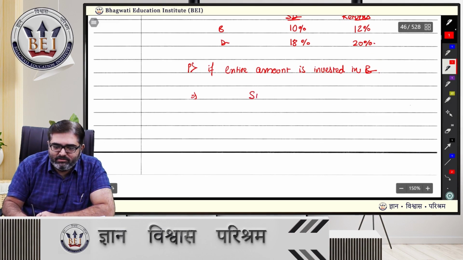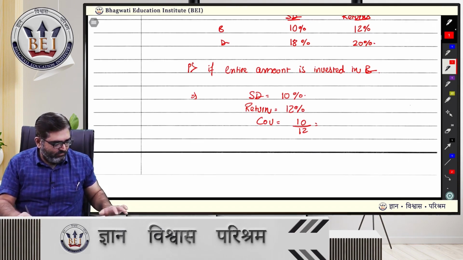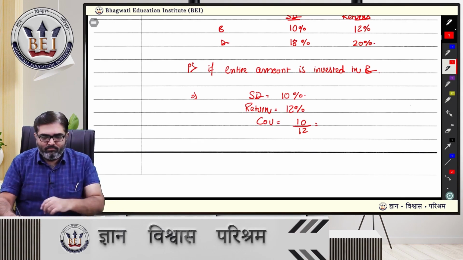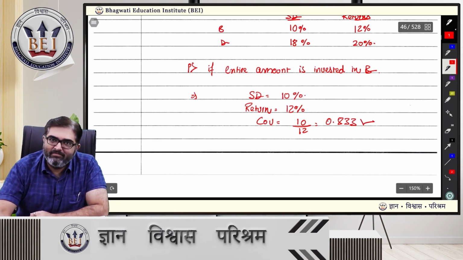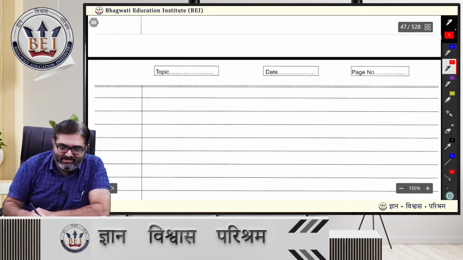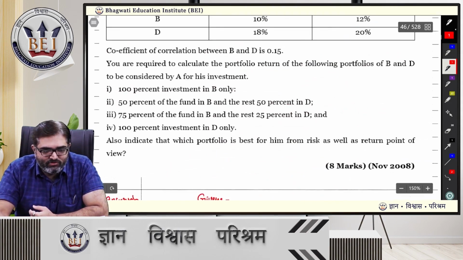ऑलरेडी सब दिया हुआ है। स्टैंडर्ड डिविएशन इज 10% and return is 12%. COV is 10 बार 12, .833। खाली सेकंड और थर्ड में थोड़ा मेहनत करना और कुछ भी नहीं है। सेकंड क्या है? 50% ईच, राइट।